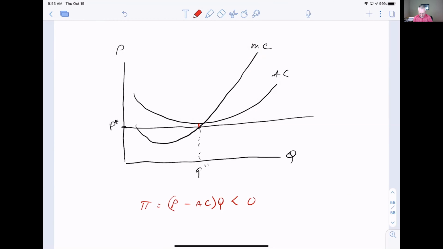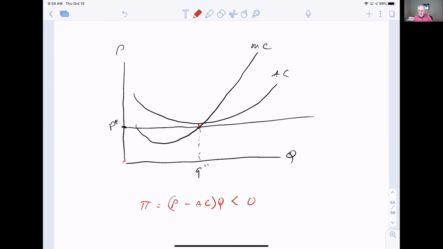So the firm's profits now are negative. And those are the maximum profits the firm can earn by operating. The best it can do, if it chooses to produce, is to have negative profits. So the firm may indeed choose at this point